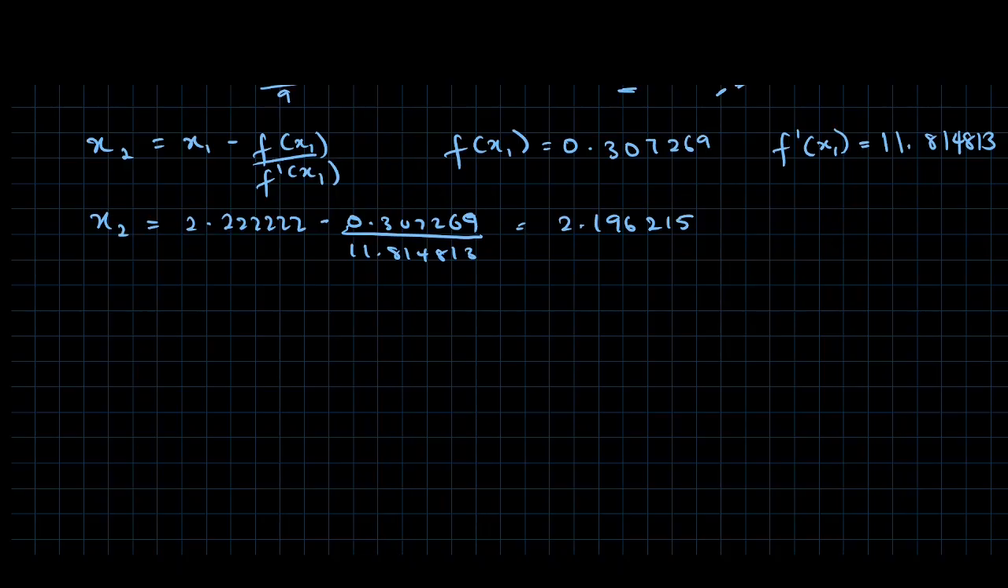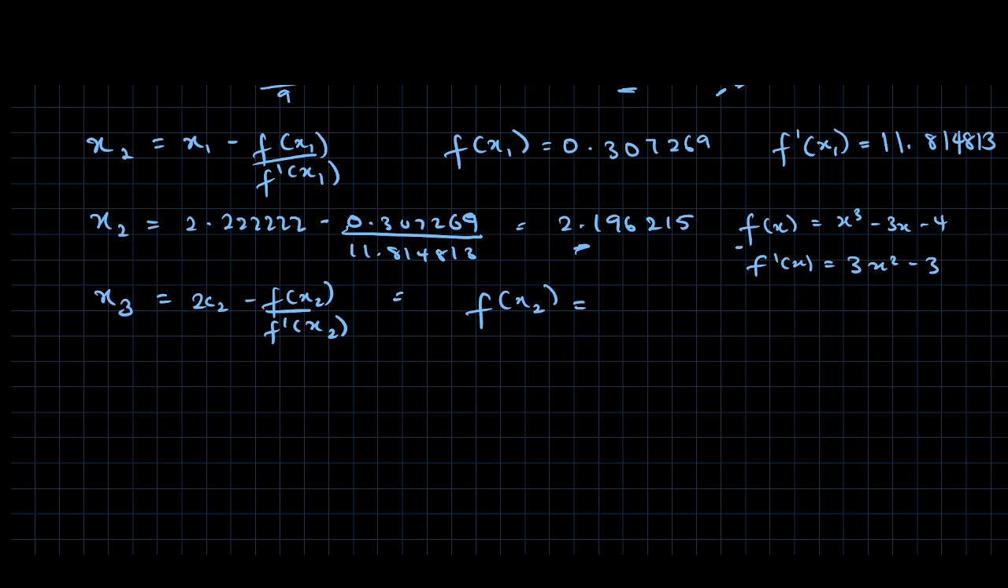2.196215. Now we're going to go to the next approximation, x3. That equals x2 minus f of x2 over f prime of x2. For this particular one, f of x2, which is substituted into the main equation, which I have shown here, is going to be equal to minus 0.003803, and the second one, f prime of x2, is going to be equal to 3 times this squared minus 3, which is going to be 11.470086. Now x3 is going to be equal to x2, which is 2.196215